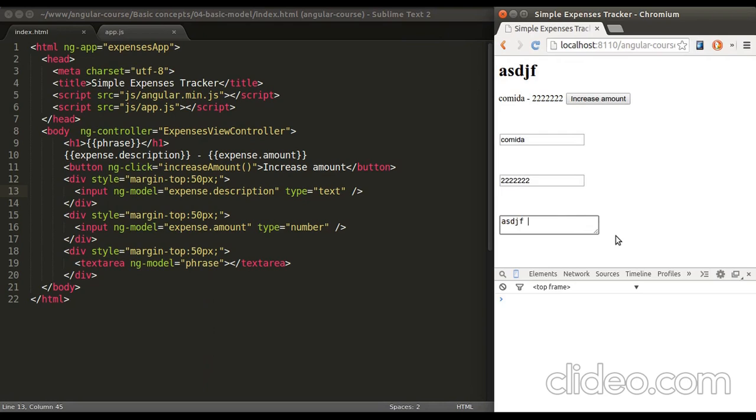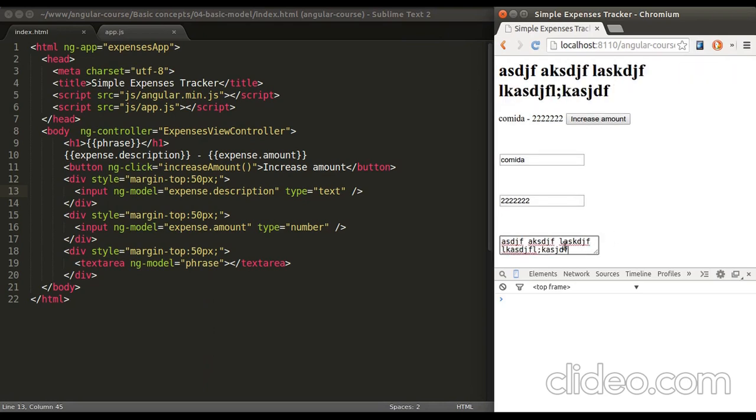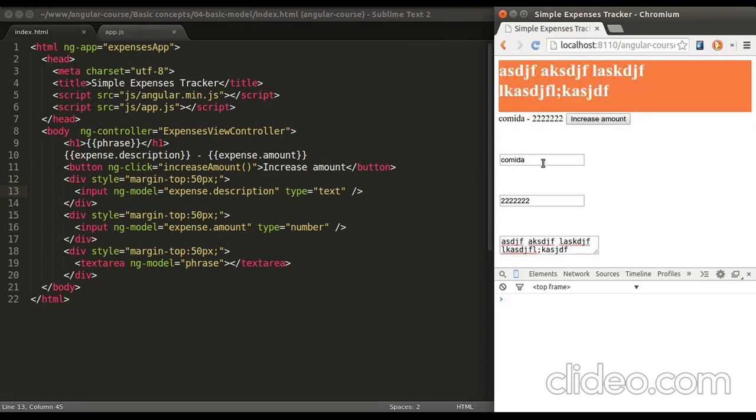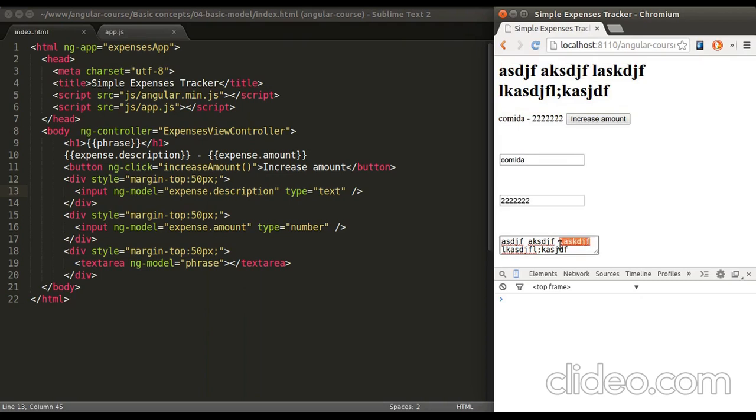So that's two-way data binding in action. Basically, on one end, we're changing the view, and it's changing the model. And as the model changes, it also changes the view. What we're seeing here reflects the model, and this is modifying what happens in the model. This is extremely powerful. This is two-way data binding in Angular, one of the main concepts, main features, amazing features